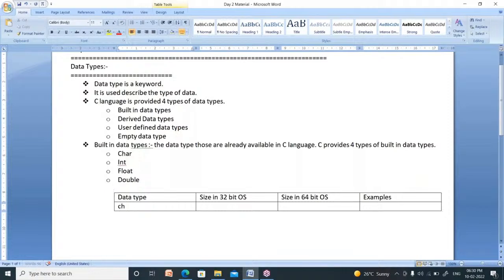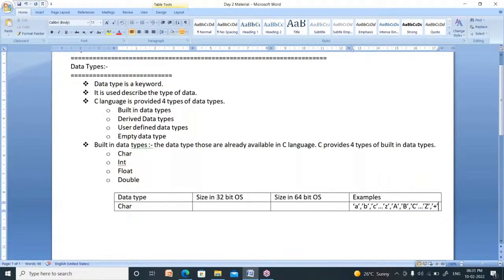Suppose the first data type is character. Character means alphabets, A or B or C and so on to Z, or capital A or capital B or capital C and so on to capital Z, or a plus symbol is also a character.